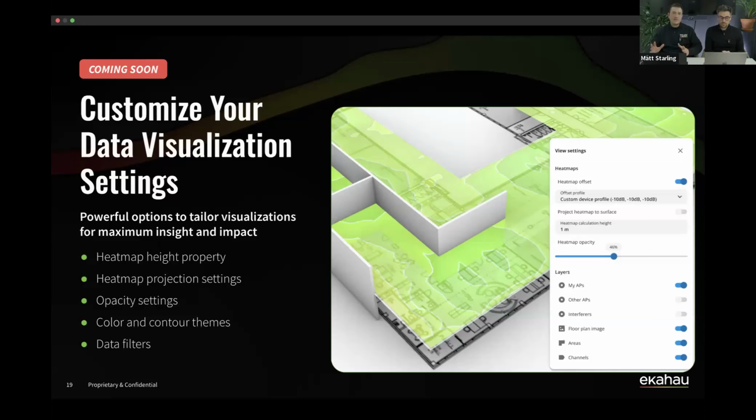But when you look at the heat maps in 3D, sometimes it's good to know, for example, in a warehouse environment or somewhere you need coverage at a certain height, for example, at the 5-meter height where some drones are flying or some AGVs or whatever is happening there. So you need coverage.